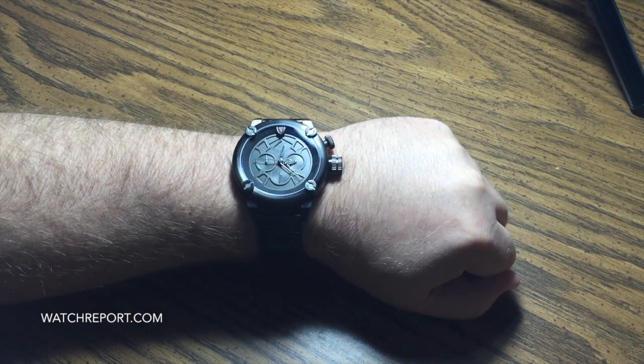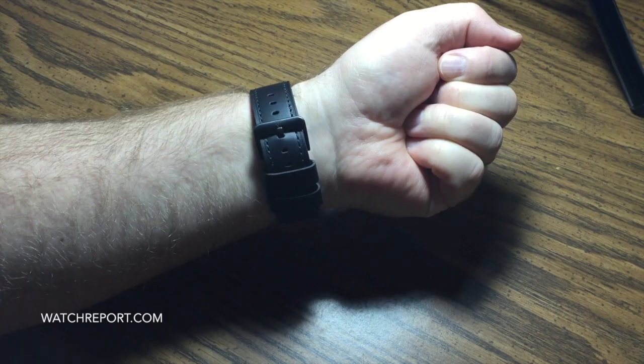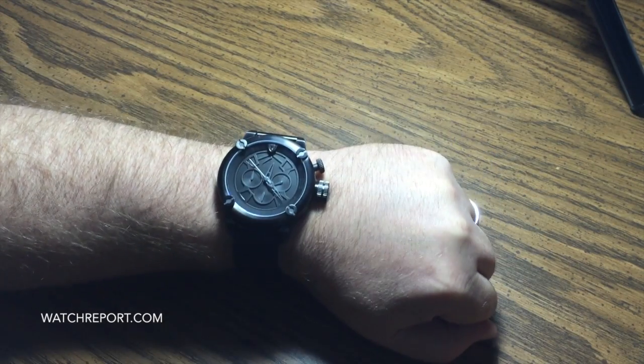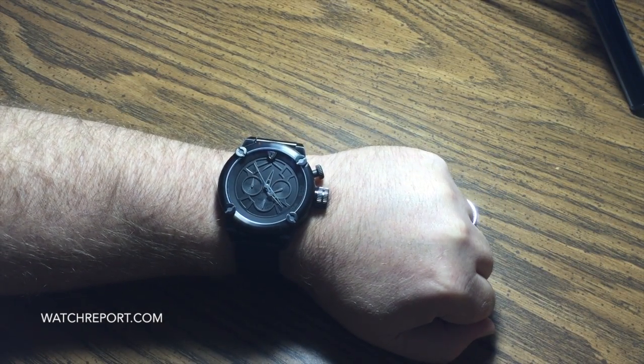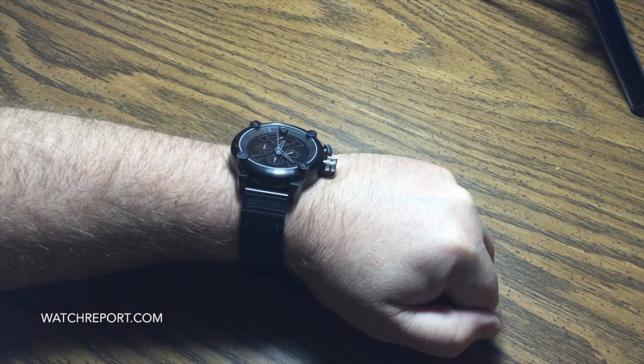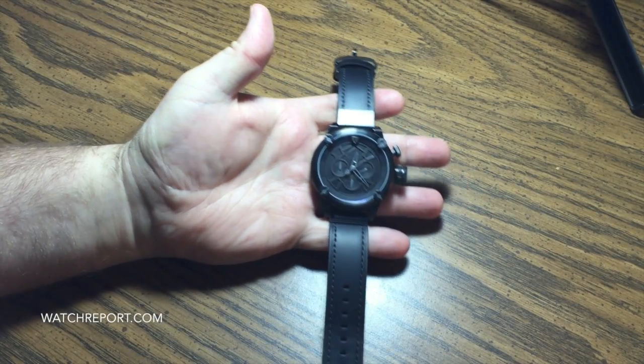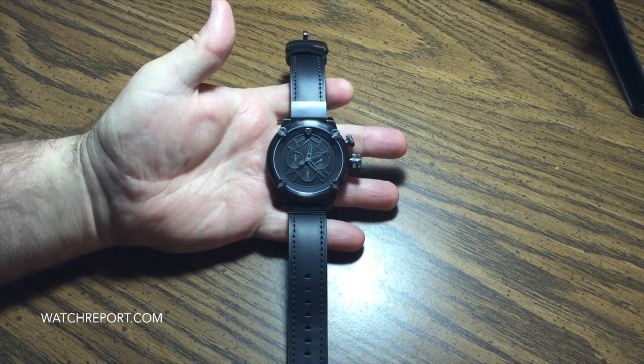So I wanted to start off by showing what this watch looks like on a 7 3/4 inch wrist. It is an oversized watch, a lot of wrist presence. So let's get this off the wrist and talk a little bit about the watch. Okay, so what we have